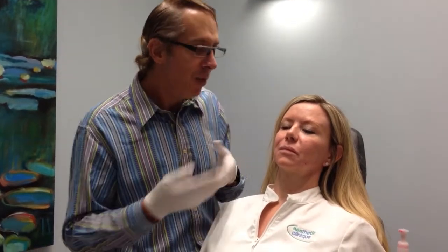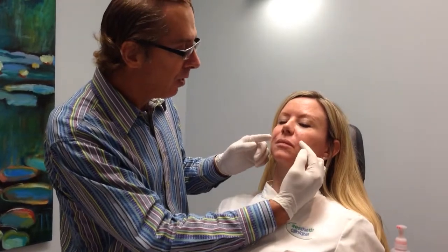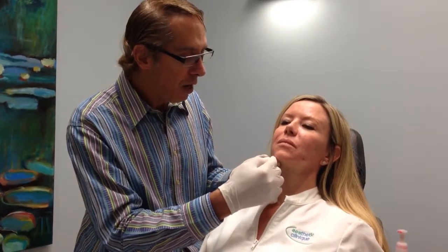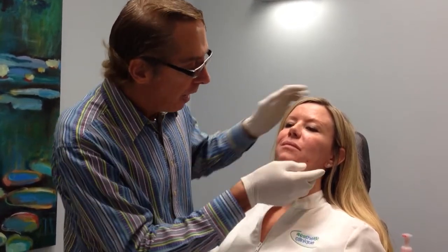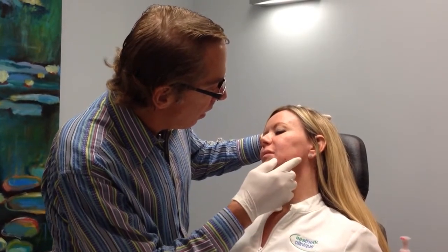And Janice here, she works for us, and we've been noticing that her cheeks are sinking a little bit, so we're going to give her a little cheek lift with the Artefill. She also has lost a little bit of volume in what we call the pre-jowl sulcus, which is right here, a little bit in the chin crease, and then we're going to fill this area back here in the back